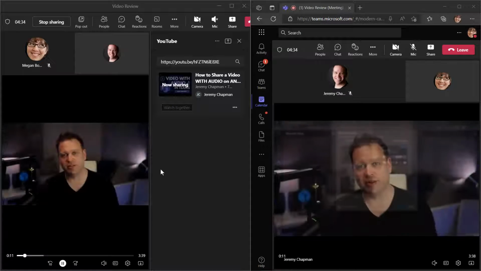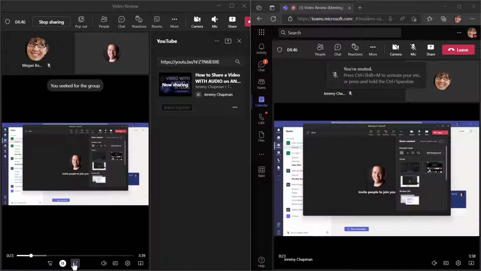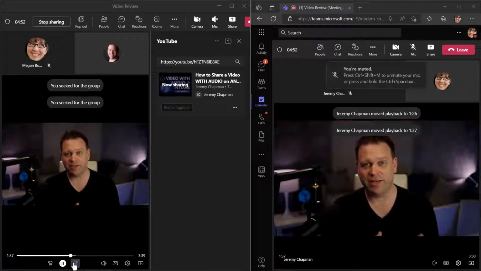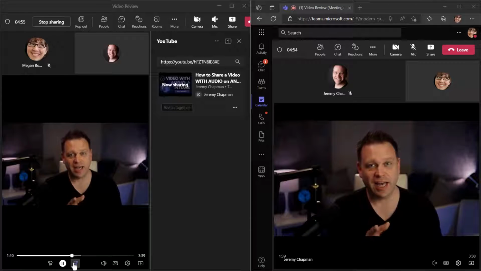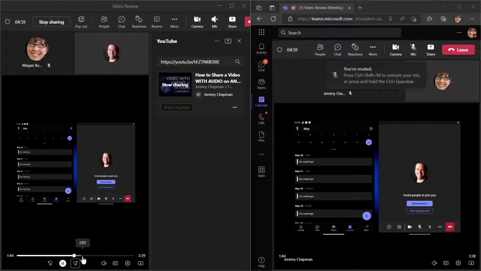So let's say I want to go to a specific spot in the video using the timeline or the forward or reverse controls in YouTube. Well, that works too. So participants can see that I've moved the playback up in this case. And you'll notice that after I do that and let the video run normally, both sides are aligned in terms of timing too. Then, when you're done sharing, you just need to hit the unshare button in the lower left-hand corner.